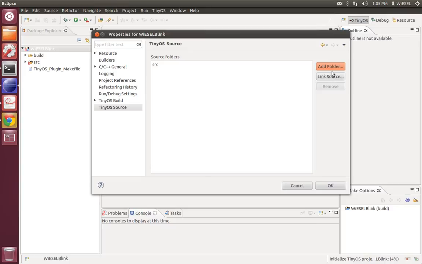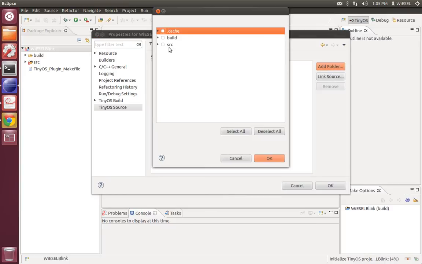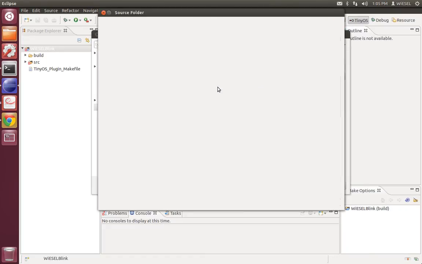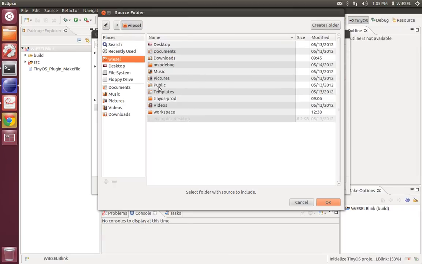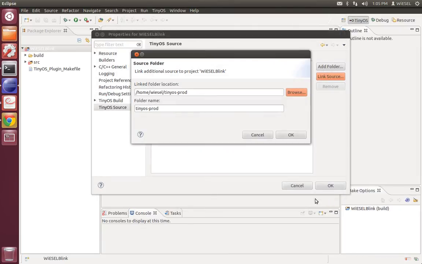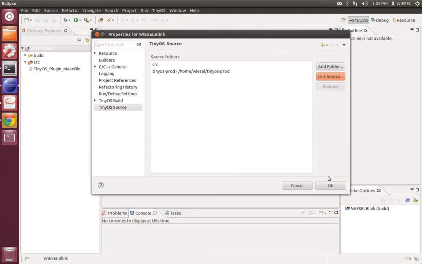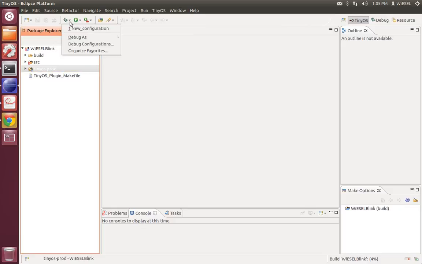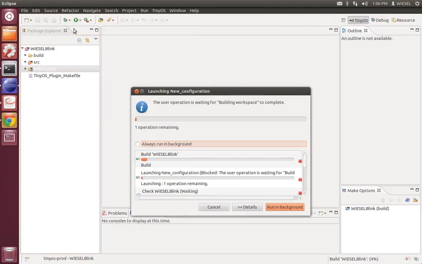So what we do is, instead of adding a folder, we can't do that because these are just the folders that are actually inside our project. What we want to do is we want to link a source, and we want to go find the tinyprod directory, and we link that now into our system, and we hit OK. It shows up here as a linked folder. Eclipse now will start indexing this, so this will actually take a while because it creates a fairly big tree that is actually linked into the system now. But what we now can do is, if we go and debug our system,